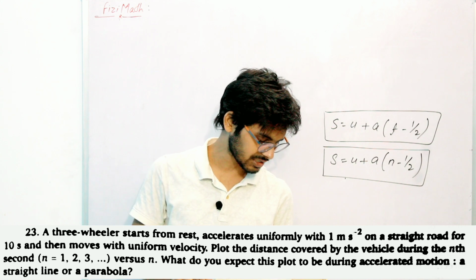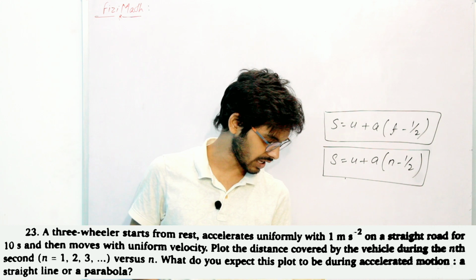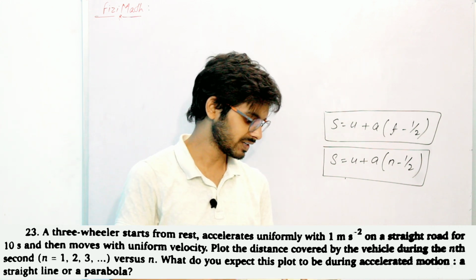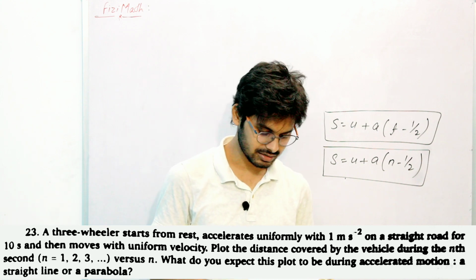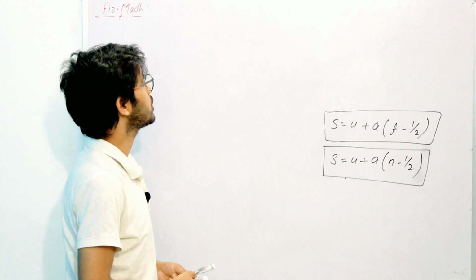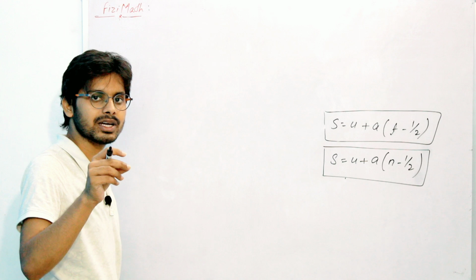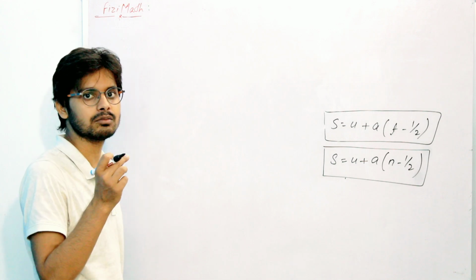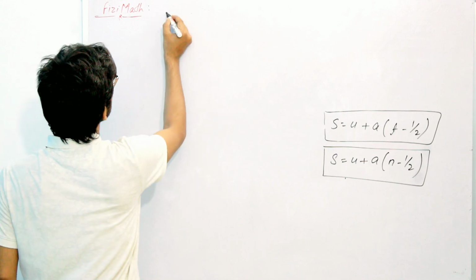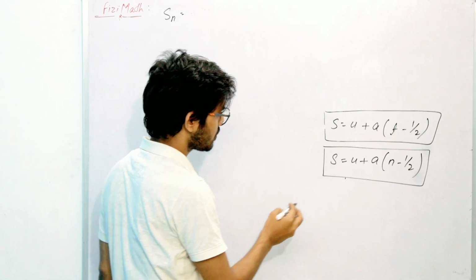What do you expect this plot to be during accelerated motion, a straight line or a parabola? So after plotting we will get whether it is a parabola or a straight line. Look at what we have to calculate here. We have to calculate the distance traveled by an object for the nth time, as well as plot it versus n. So for the nth time, Sn is equal to, you can say from here,